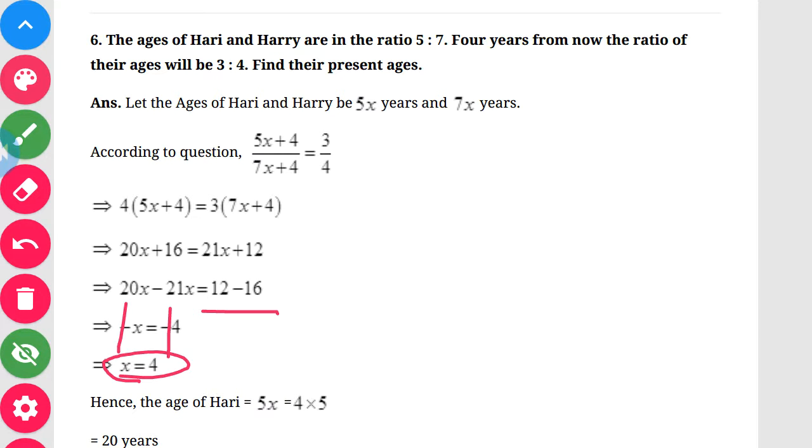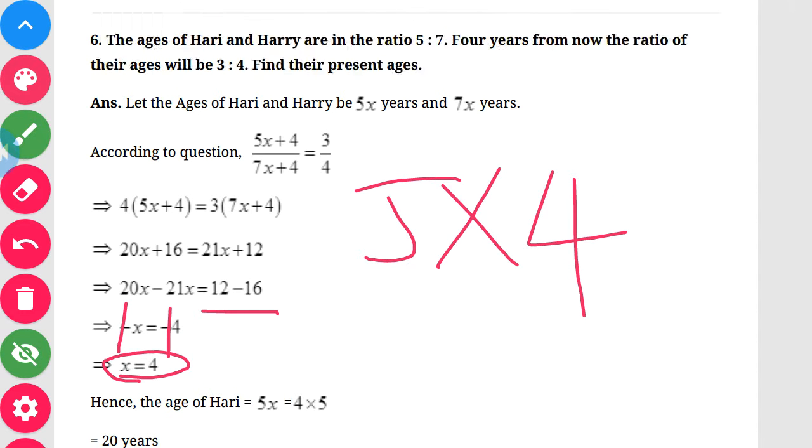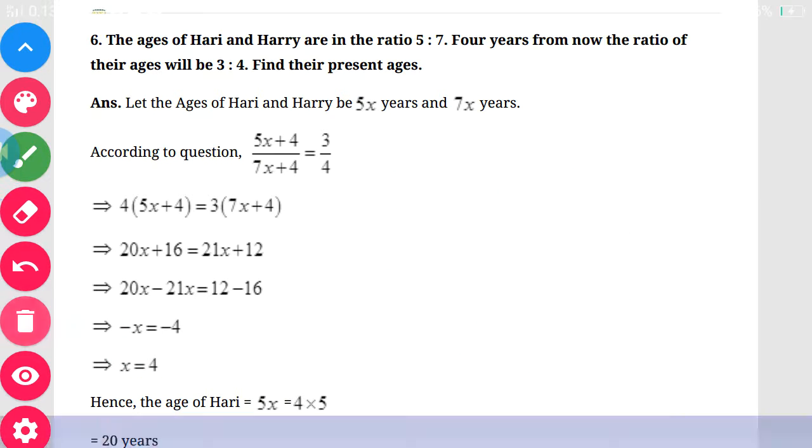So here we have got the value of x, and if I want to find the age of Hurry, 5 into, see, Hurry's age we have assumed as 5x. So what I'm going to do is 5 into 4, which is nothing but 20. So Hurry's age is 20. Similarly, if I want to know Harry's age,